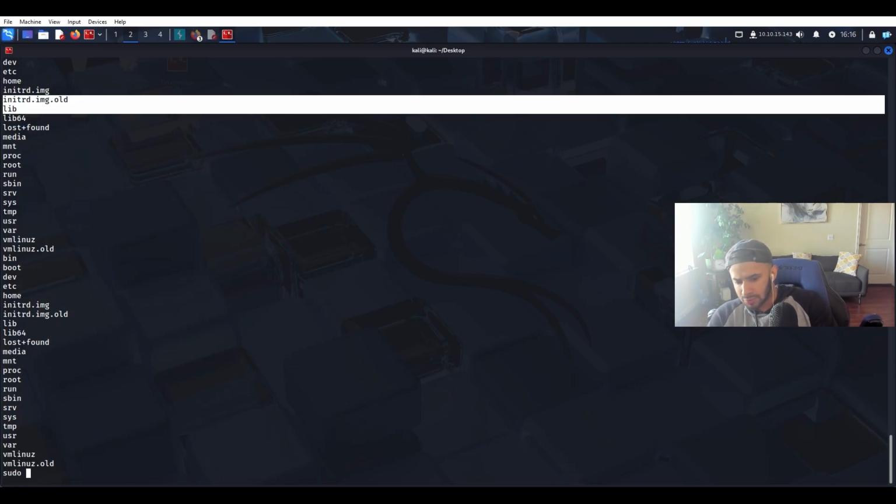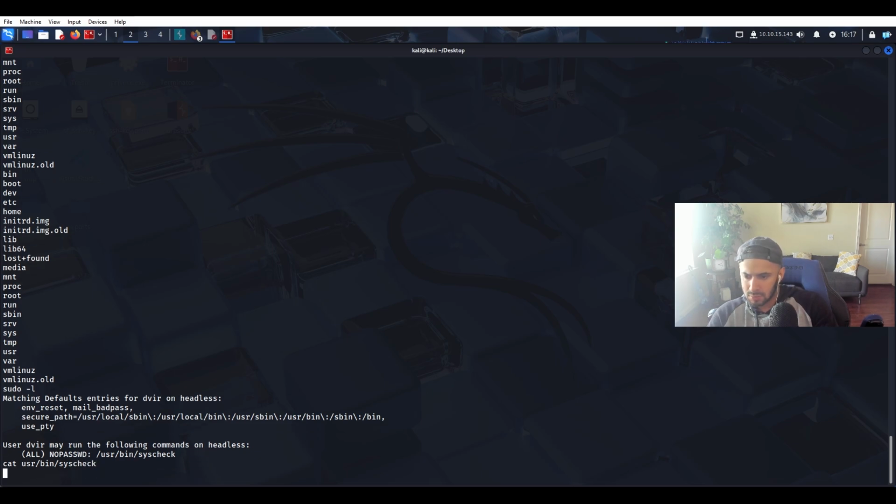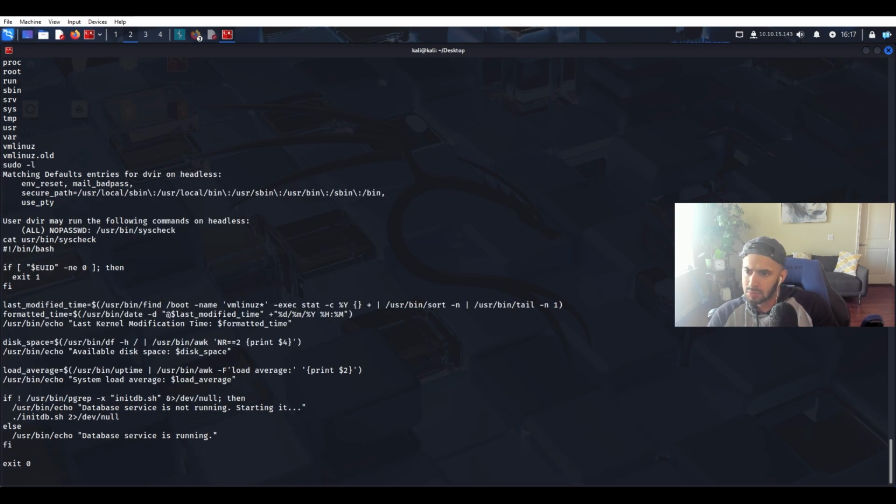Let's see what we got for sudo privileges. Let's use it. This check. So yeah, guys. Essentially, just to wrap it up with this script right here, which is interesting, is because